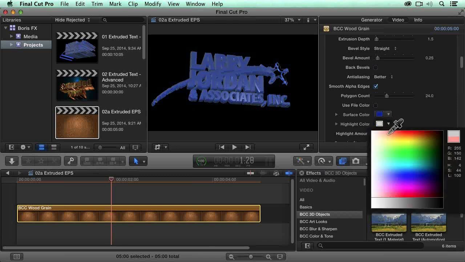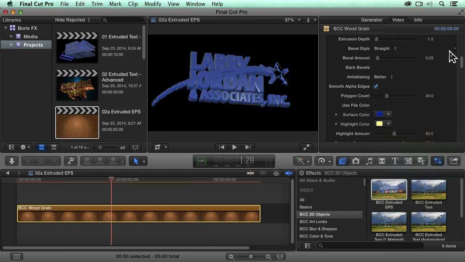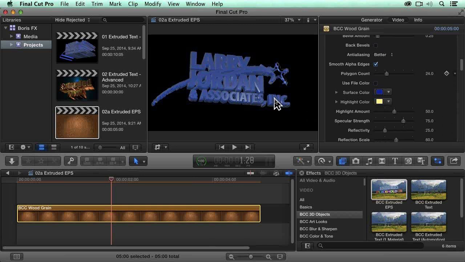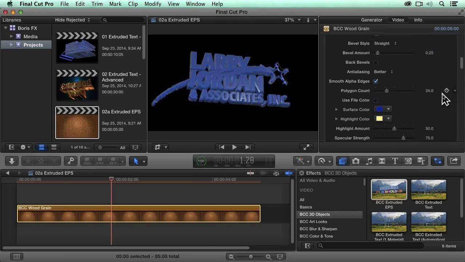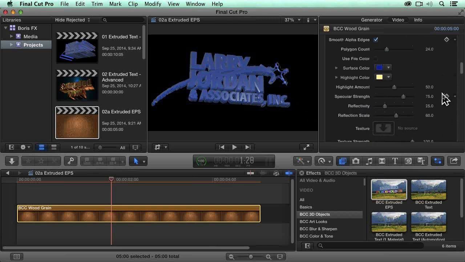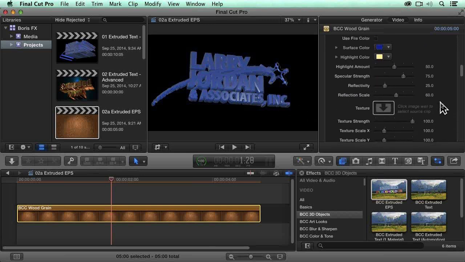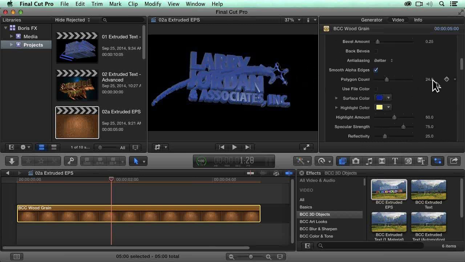We can change the highlight color into something more highlightable. And then the rest of the forms are what we've been looking at. We can change the angles, we can change the depth, we can change the extrusion amount. We have very, very similar controls. We can change our front texture. All the stuff that we looked at before, we can do the same, except now I'm working with an EPS